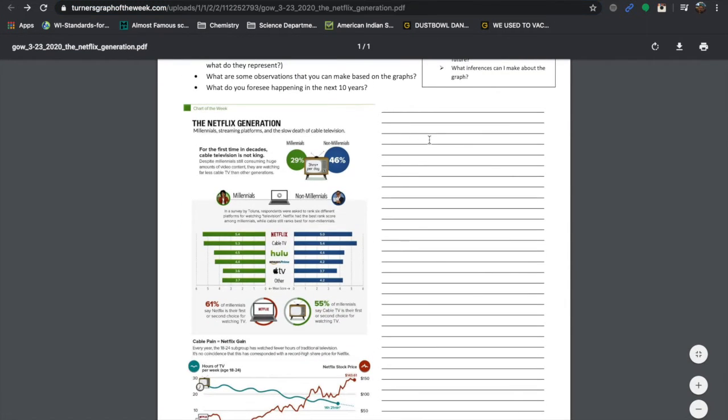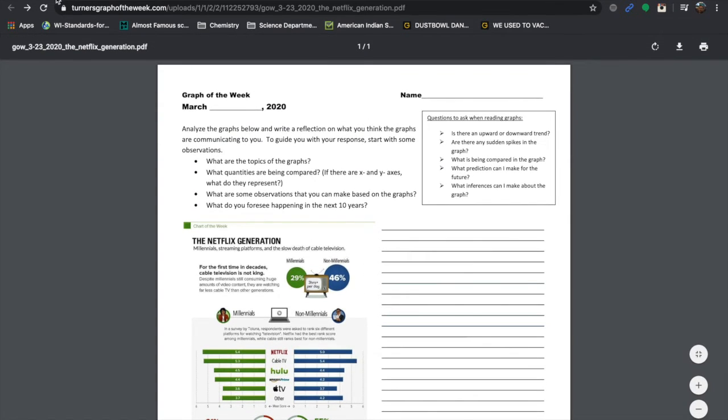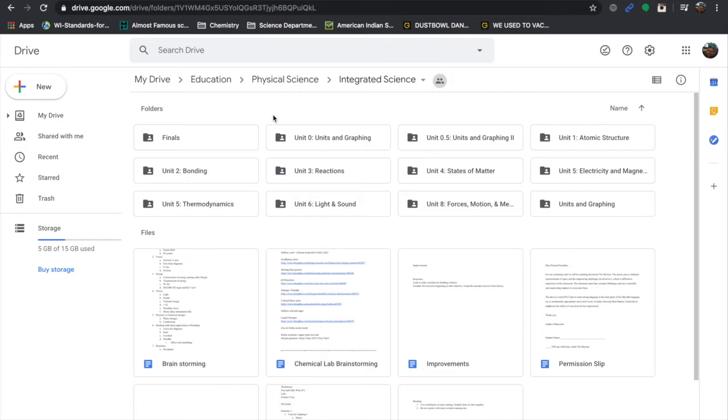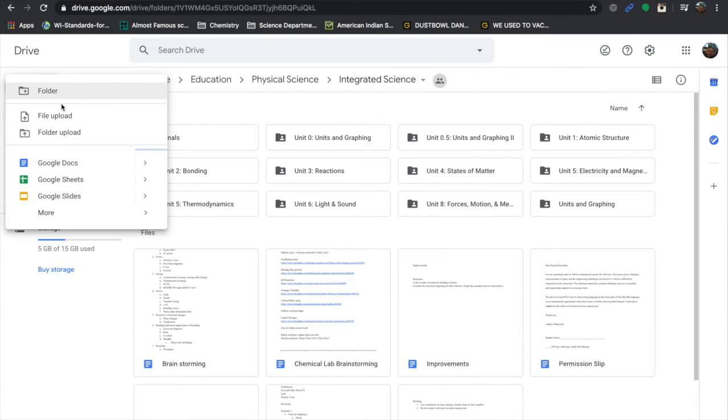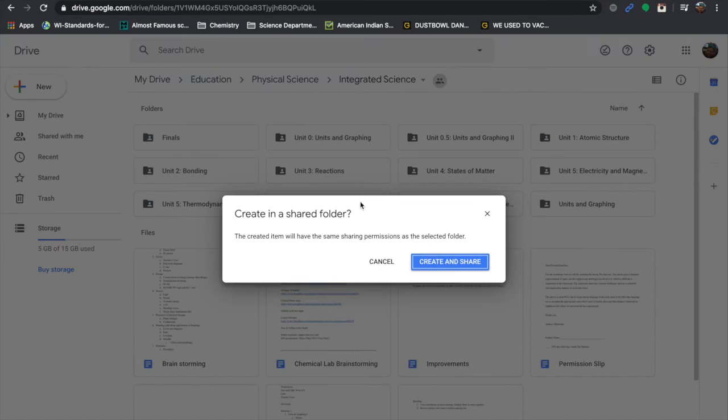But obviously you're not going to be able to type anything on it. This is a PDF on a website. You can't adjust this. So the way we're going to do this is you're going to go into your own Google Drive. This is mine. This is fairly organized for me. And you're going to create your own Google document. Put it somewhere where you need it, somewhere that you're going to be able to find it,